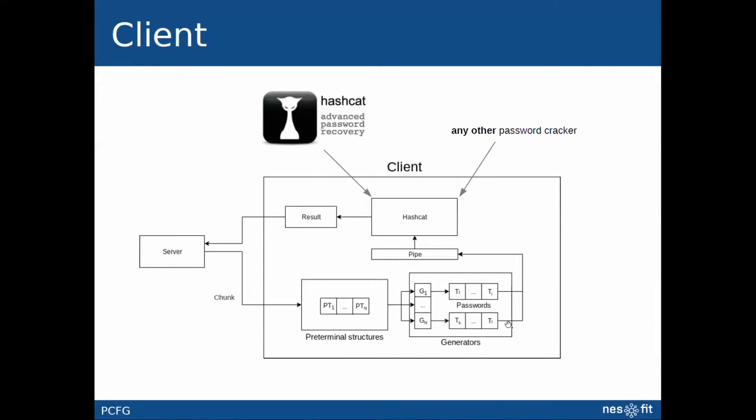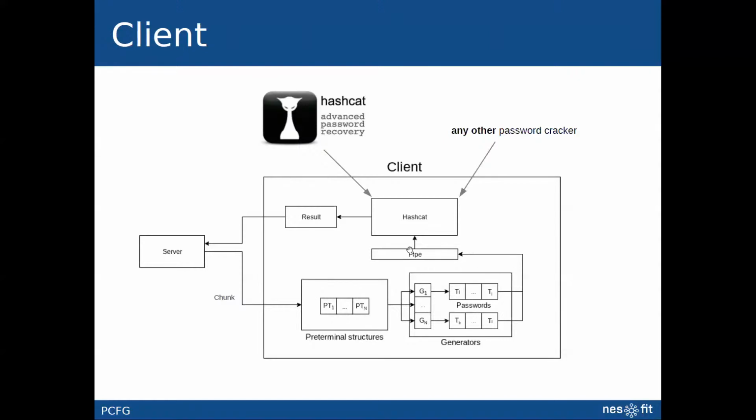The client looks like this. It takes the chunk received from the server, and this chunk contains some preterminal structures. The client simply takes these structures, and here it is very similar to our parallel version. So it generates the password guesses in parallel from these preterminal structures, and these passwords are sent to a